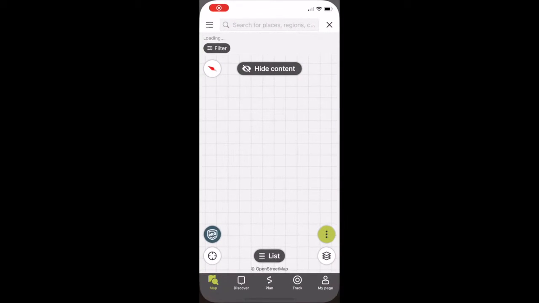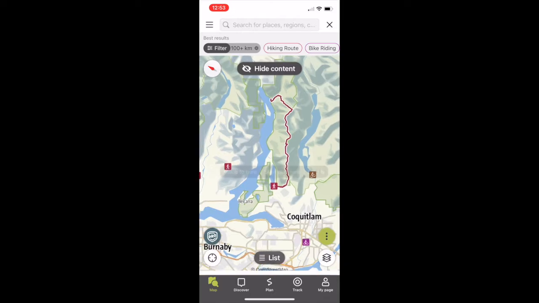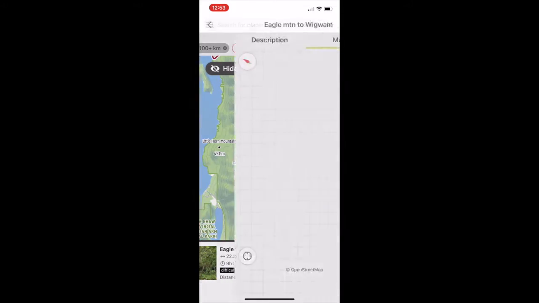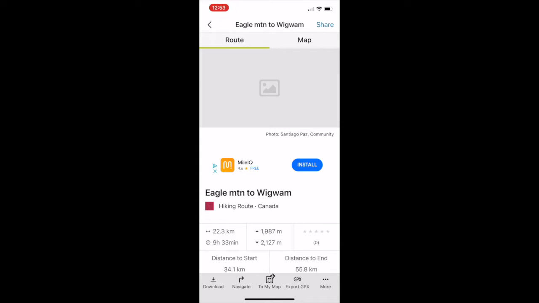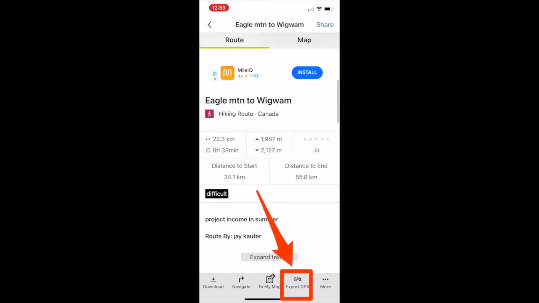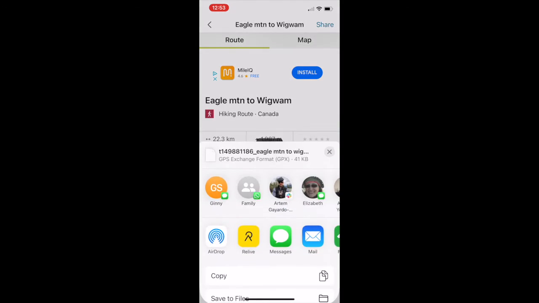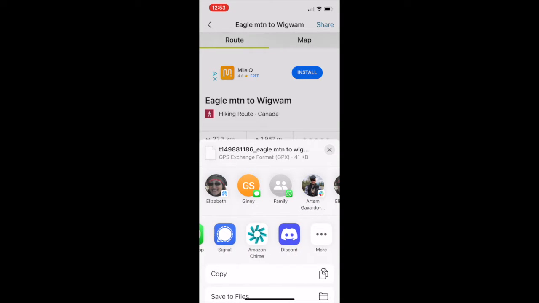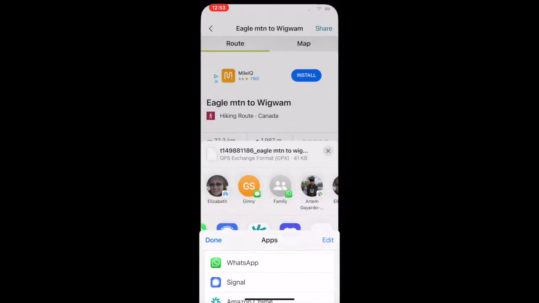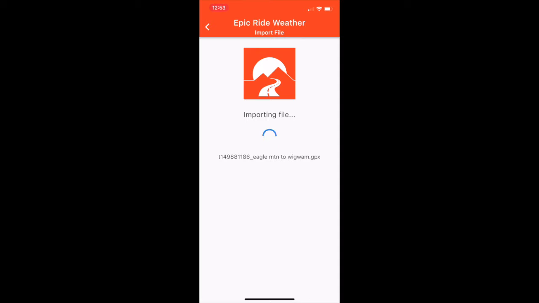This is how to forecast a route from the Outdooractive app in Epic Ride Weather. First, select your route. When the route comes up, tap on the GPX button at the bottom. Now select Epic Ride Weather as the app you want to open. Epic Ride Weather will bring the route in,